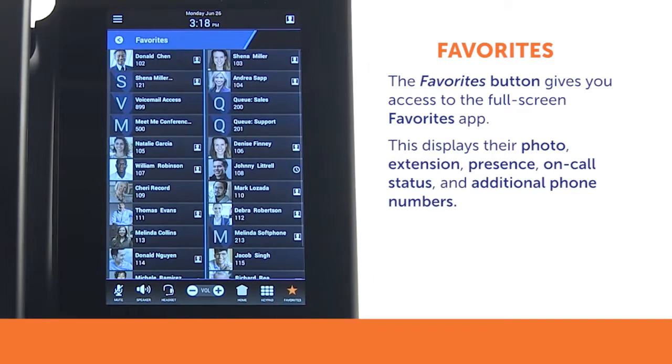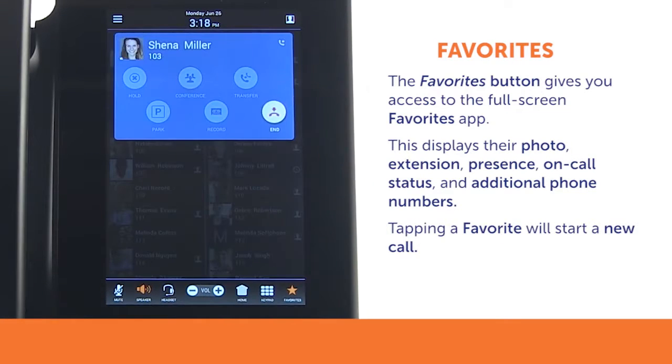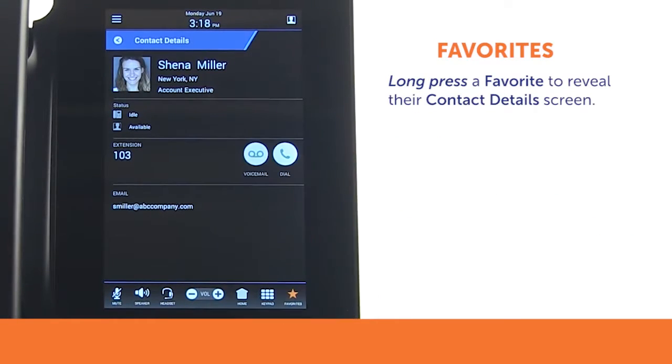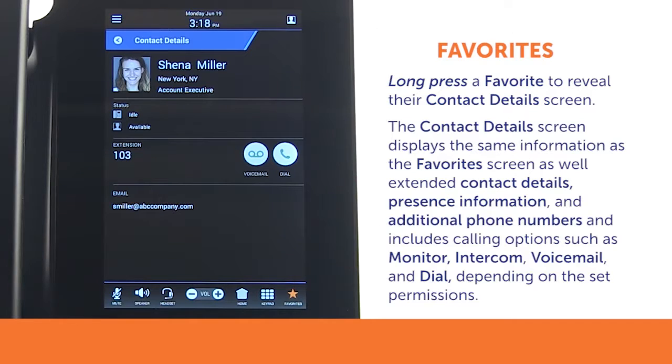The Favorites app displays helpful information, including their photo, their extension, their presence, and their on-call status, as well as additional phone numbers if available. From the Favorites app, a tap will immediately start a new call to that favorite. A long press will show a favorite's contact details screen. The contact details screen displays the same information as the favorite screen, with extended contact details, presence information, and additional phone numbers, as well as calling options such as monitor, intercom, voicemail, and dial, depending on the permissions that have